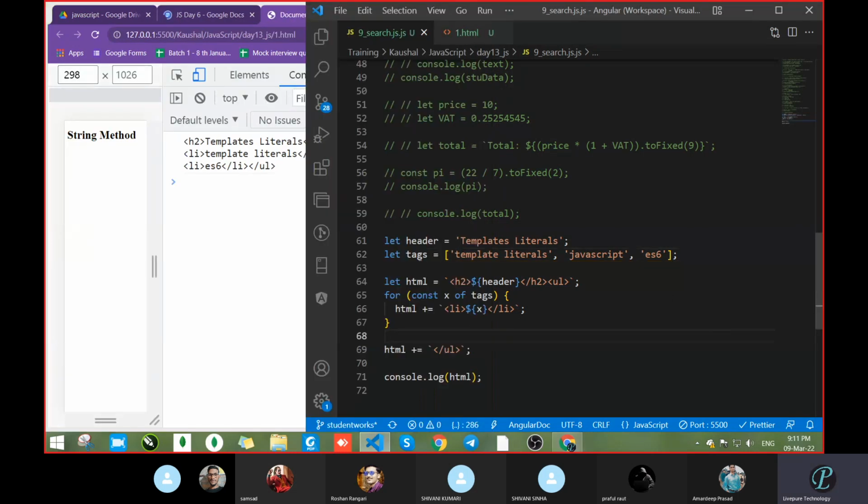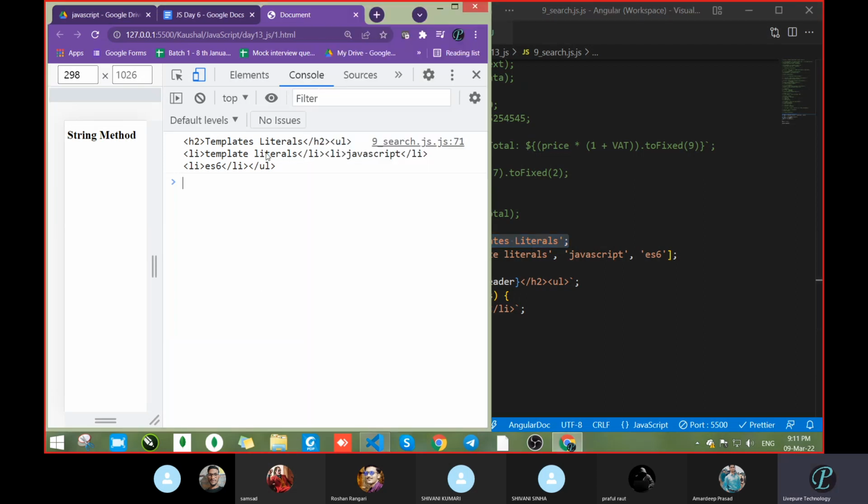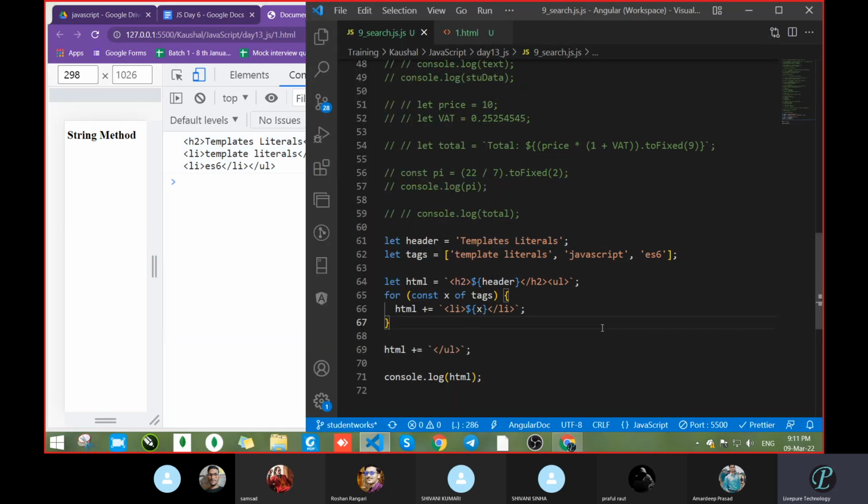One more thing is there: we can display whatever we are going to write. In the case of JavaScript, we can create HTML with the help of JavaScript itself. Suppose you want to display something, like in the console, an H2 is there, then we get something, then an Li is there, and we get something here. It means we are going to create complete HTML there.